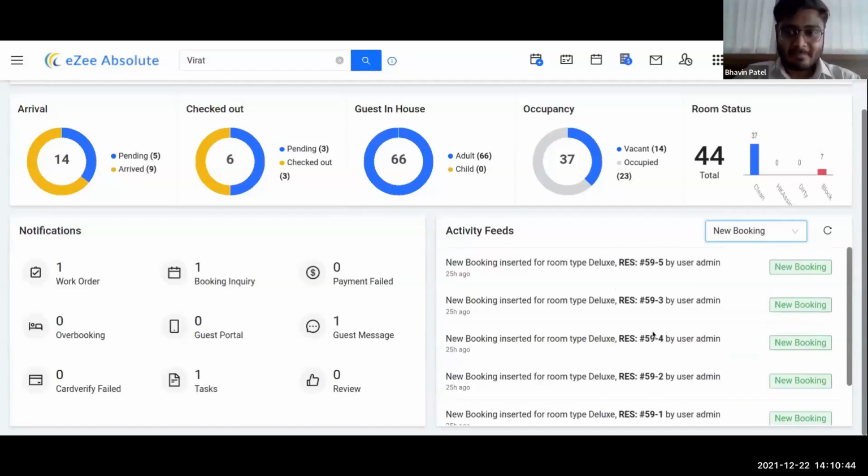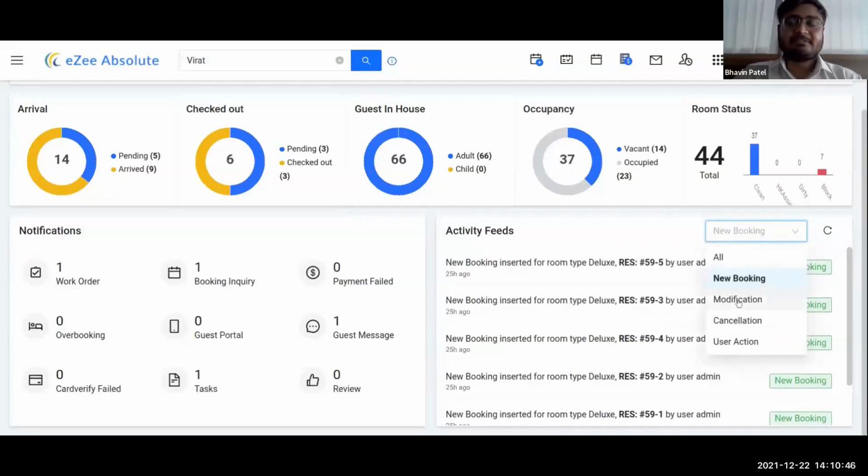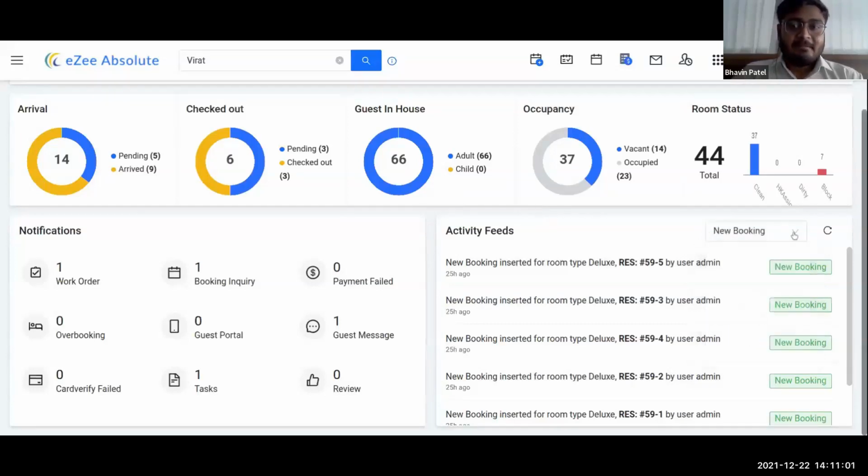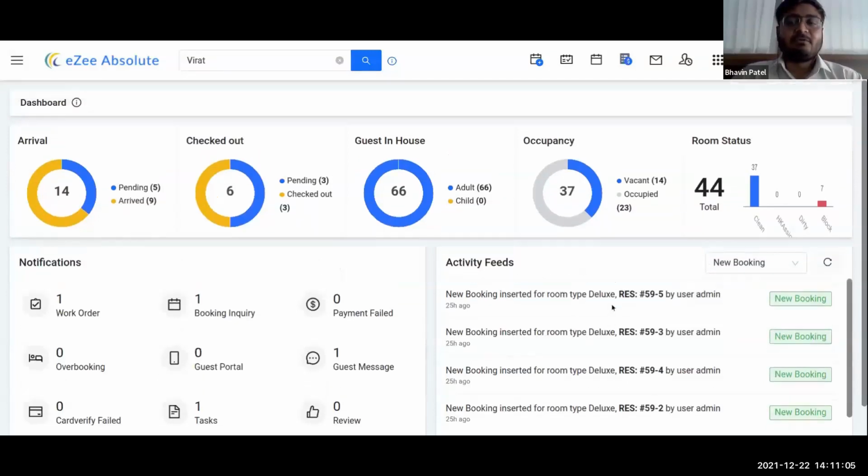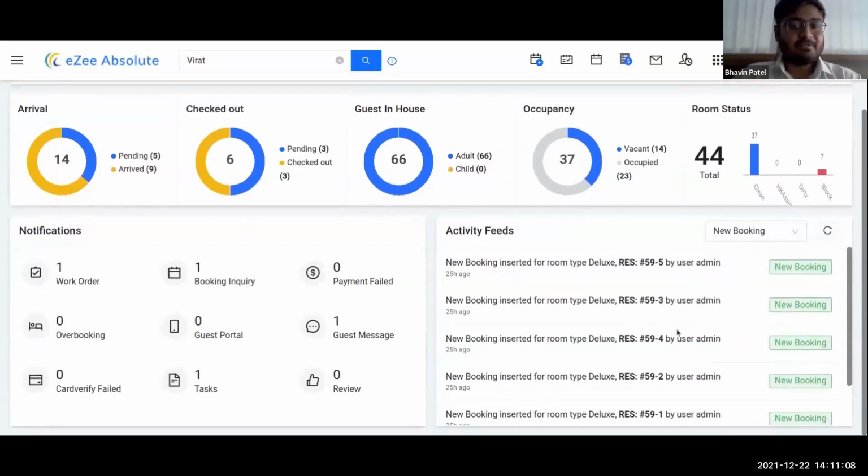in the system. Likewise, this is functional in a way where if there is any cancellation from OTA or from any other sources, even if I want to see such activities, I can simply click on this cancellation option and will be easily able to see it. And if I remove all these filters, it will again start showing me the list of all activities which were